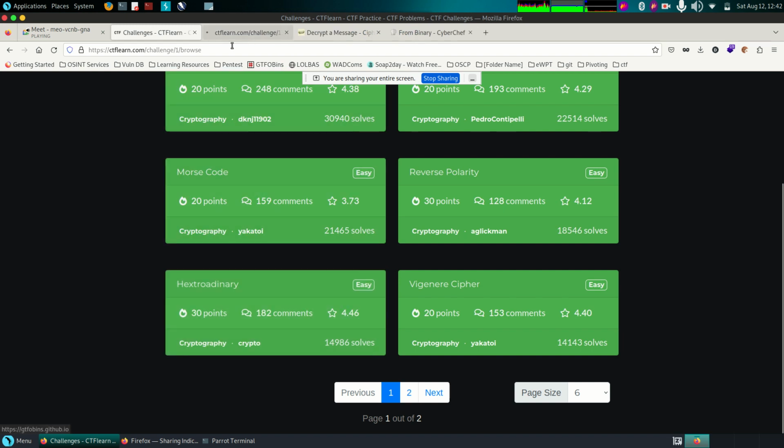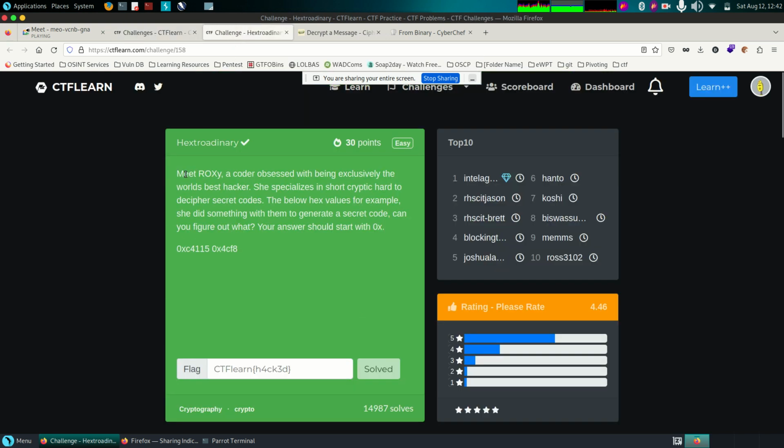extraordinary. Immediately from the name of the challenge, I can see something like a hex, right? I can see hex already, and I'm beginning to think, oh, maybe hex. Now you can see it says that Mix Roxy, a coder obsessed with being exclusively the world's best hacker. She specializes in short, cryptic, hard to decipher secret code. The below hex value, for example,